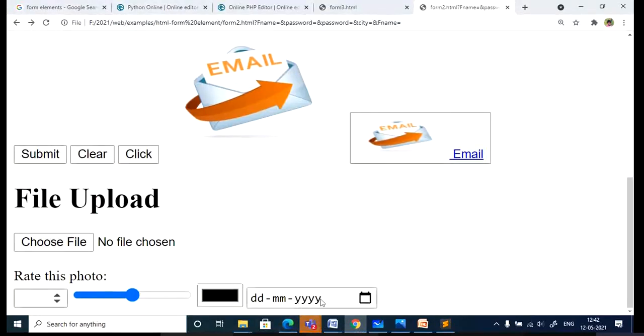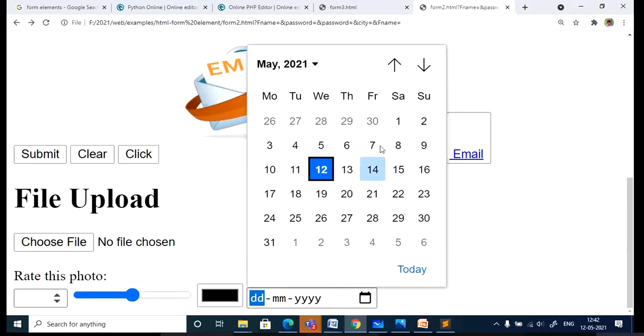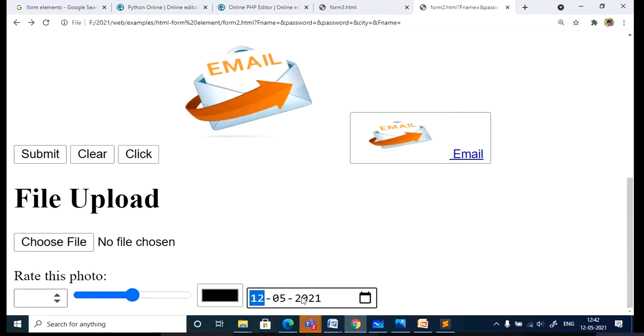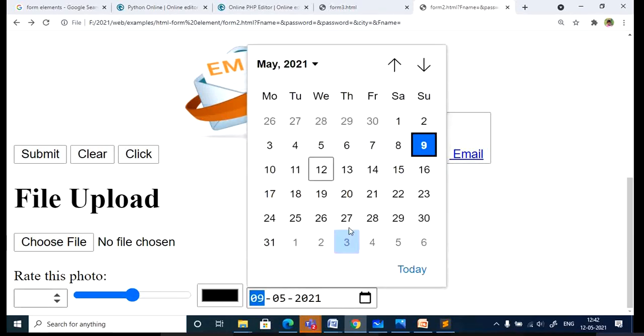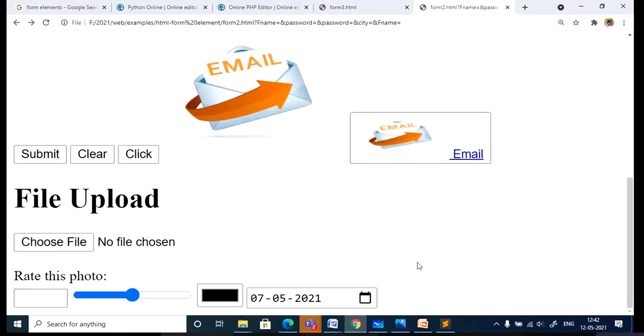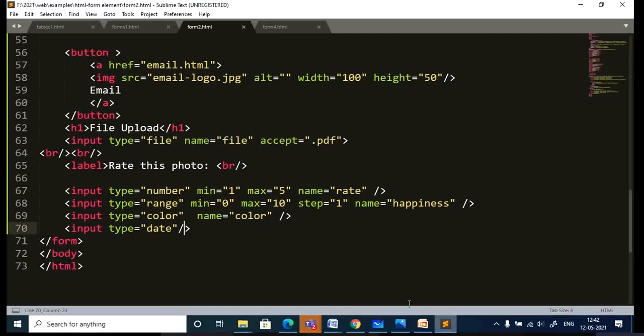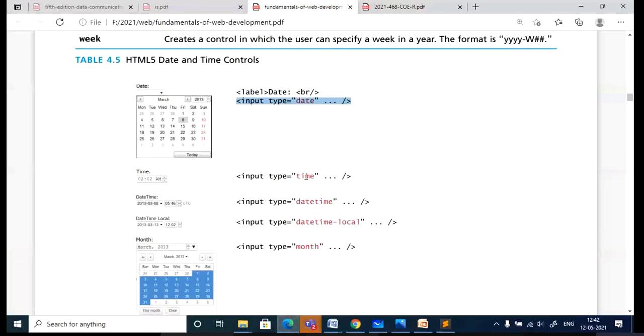Can you see, I got this date and time. Here I am going to get the calendar. So select the date and that date will be set. I don't know how many of you have tried all these things. If you have tried, well and good. If not tried, just try. You can just enjoy designing this. It's just simple, input type is date. So now you just keep modifying this. The different options you can go for.